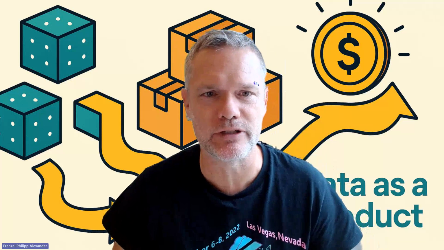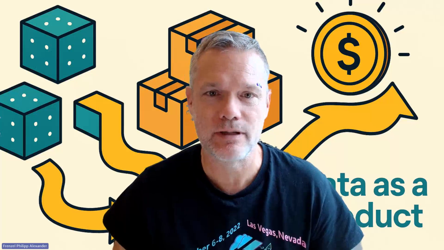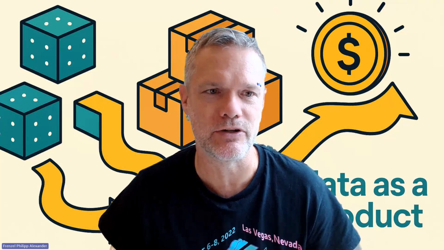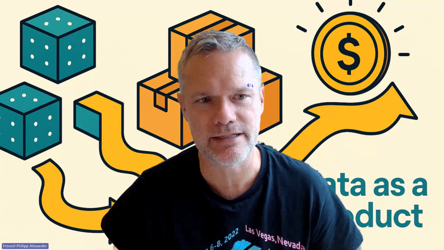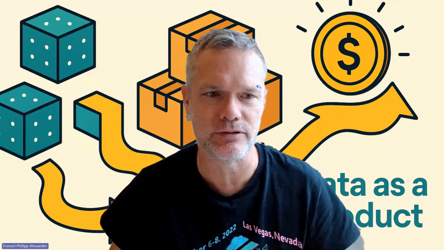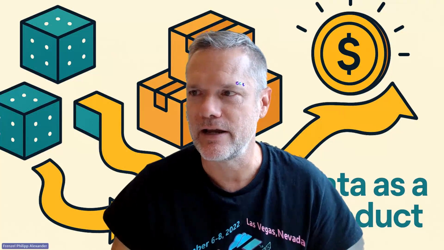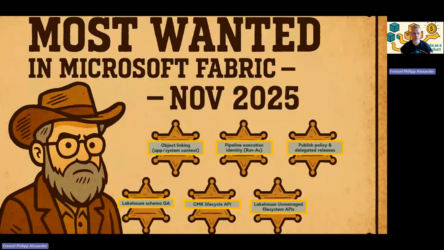Today I want to address 6 Fabric gaps that slow down data as a product, and the one fix that would unblock most of them. It's actually that the app system context should be used over the user context. I know where Fabric is coming from historically, so I get why everything is in the user context. Still, for us as an enterprise, we need a user-independent context, and that's what I'm now requesting. So in this video,